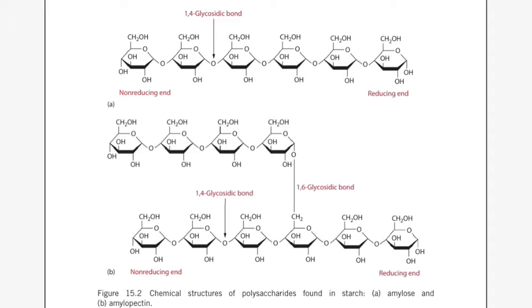So when we add iodine to the starch, and if we get a dark blue color, it simply means that due to amylase, the reaction gives a dark blue color.